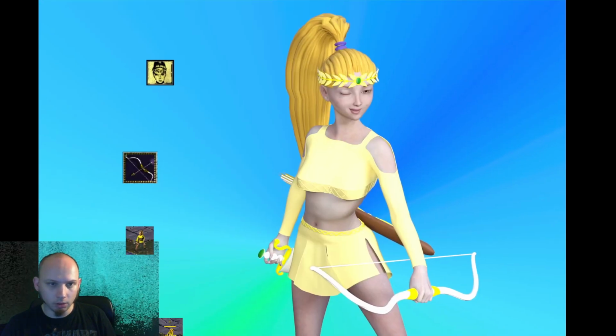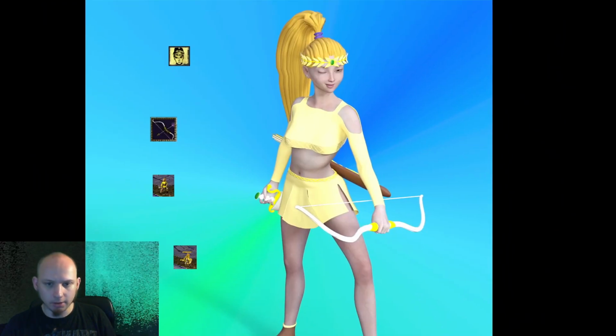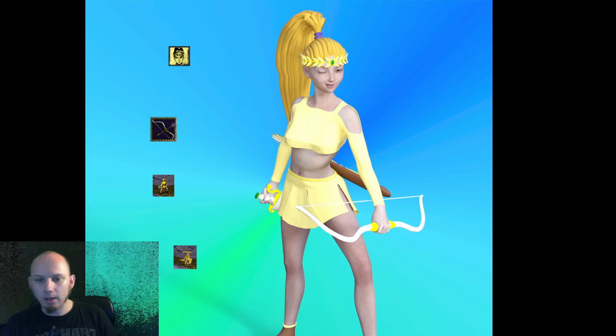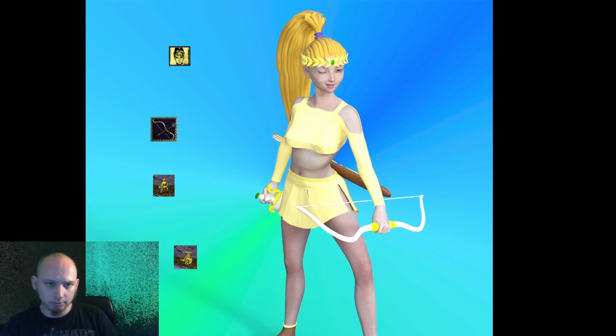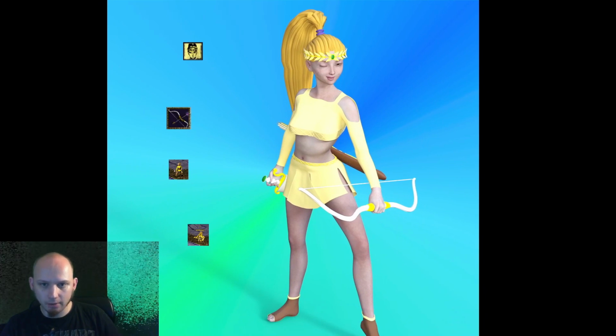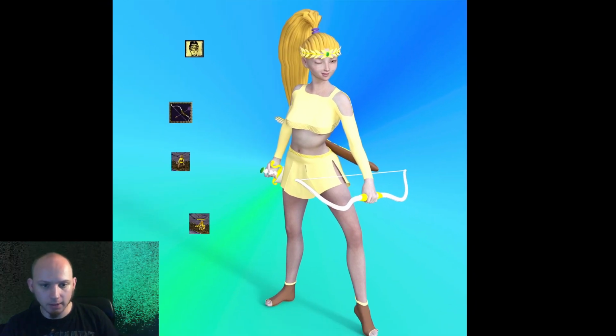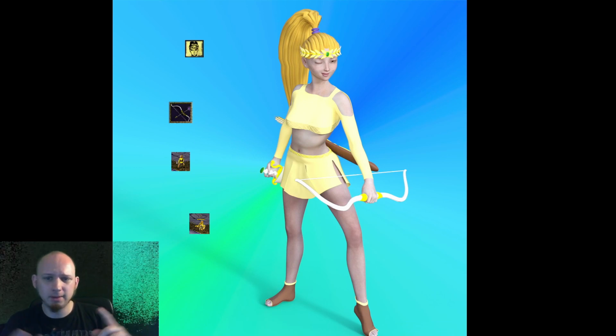I really need to focus on making all these the same size. Not a complex one, right? She has the hair was pre-made. I didn't even have to make the hair because I could use hair I already made. I made the boots, which are really, really simple. I made the weapons, which are relatively simple. I made the top. I made the laurel. I made the skirt. I think all in all 90 minutes, maybe 2 hours again.